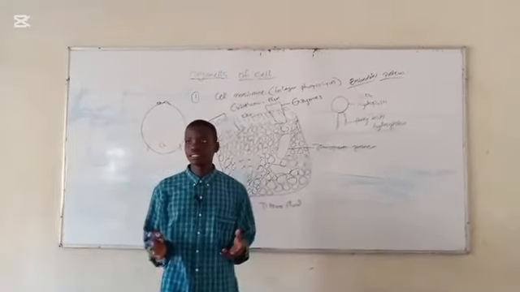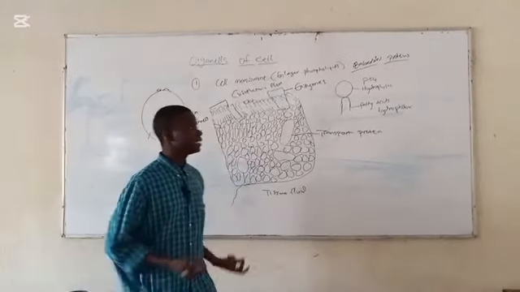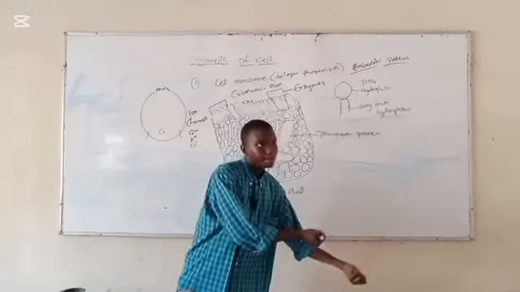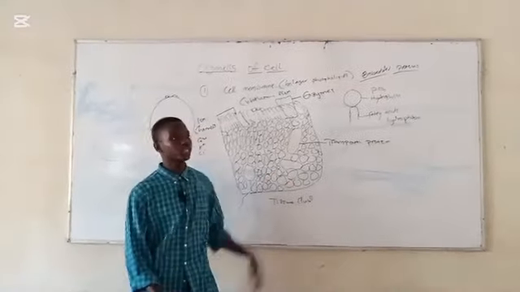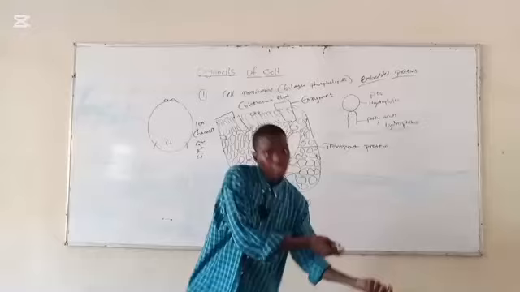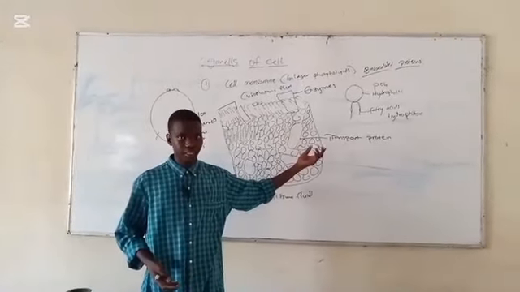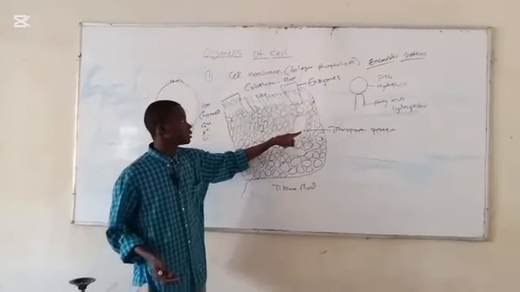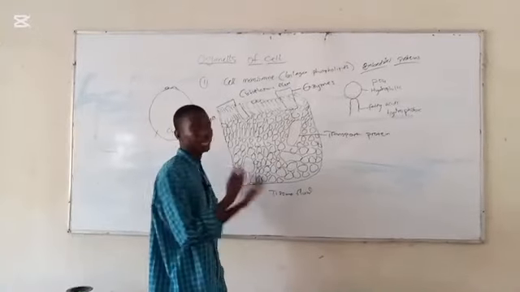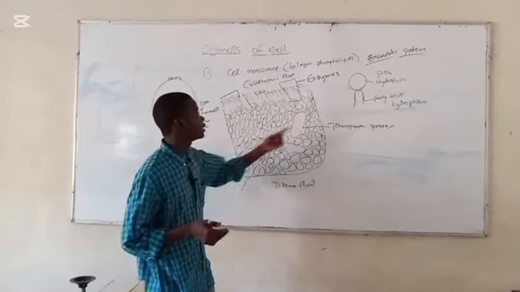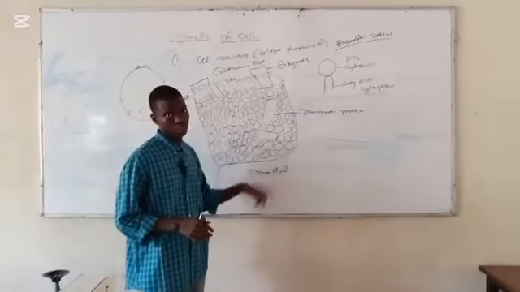Now, this idea is, to me, I believe, where the origin of the vehicle came into place. Why? Because the idea that you need to pick up something and move it actually began from here, within the cellular level. After receiving those molecules, they pull them into the cell so as to fulfill their purpose of being in the cell. So you can see that these are responsible for the transfer of larger molecules such as carbohydrates and amino acids. And again, they are specific to which molecule is getting into them.